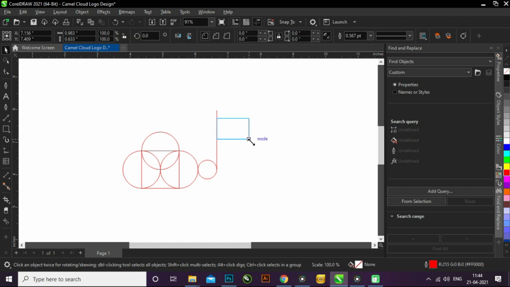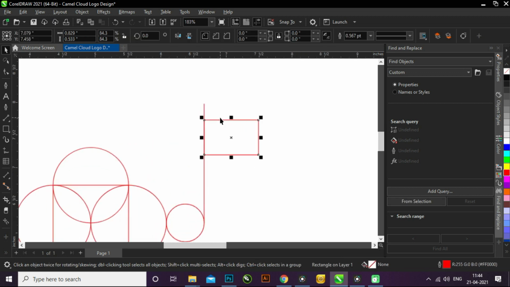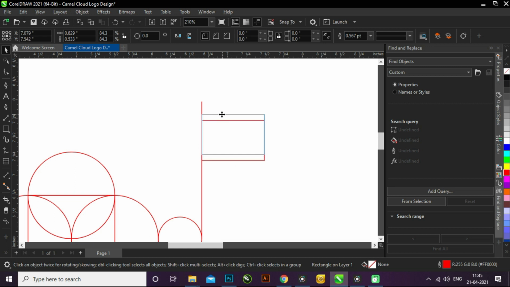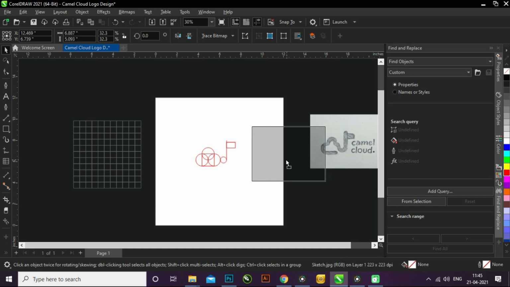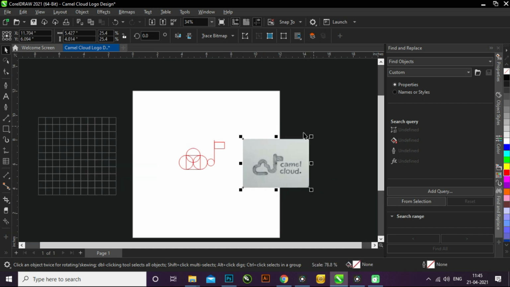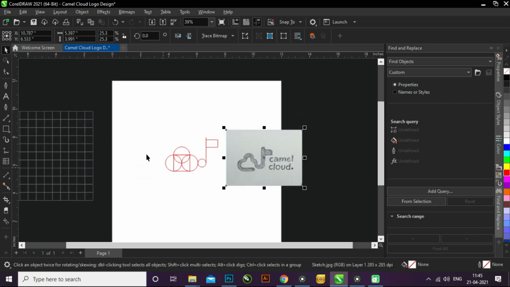I'm gonna make the head part slightly smaller. You can see how just simple geometric shapes, that is circles, squares and a line, did the job for us.